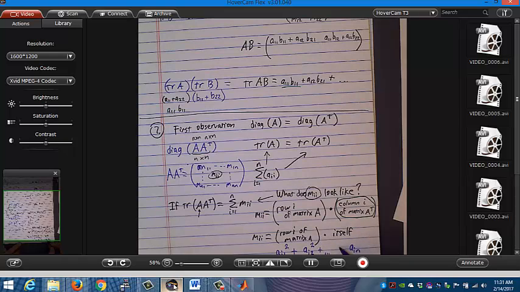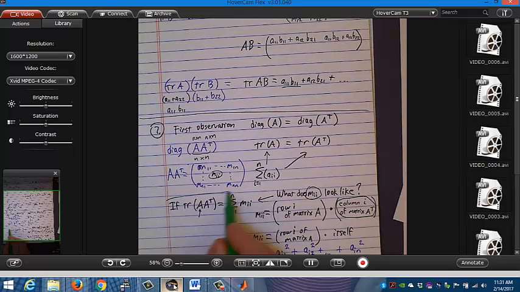That's what you get. So the trace of AA transpose is the sum of n of these things, each one looks like that. And that's why the trace of AA transpose will equal the sum